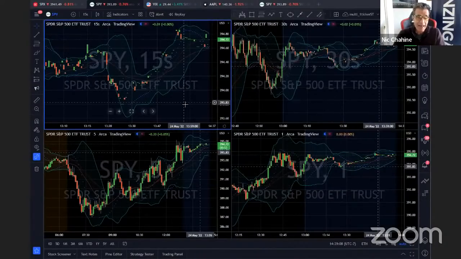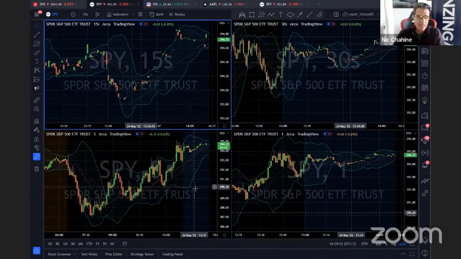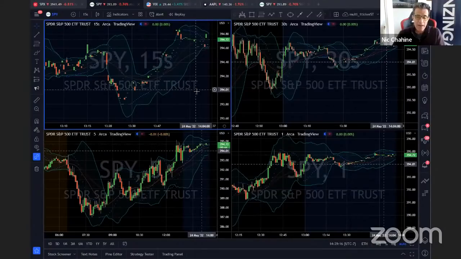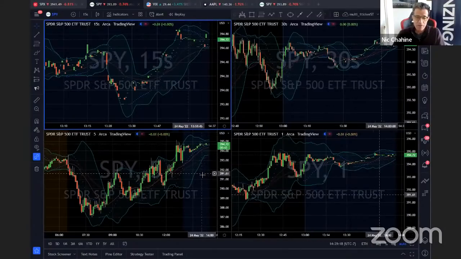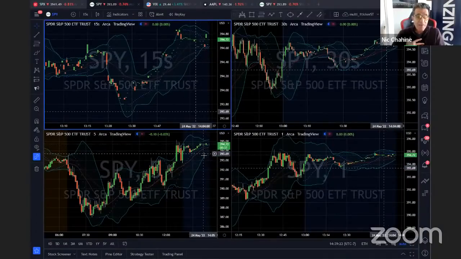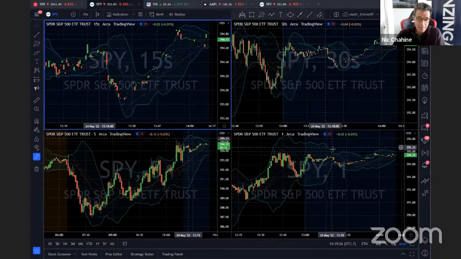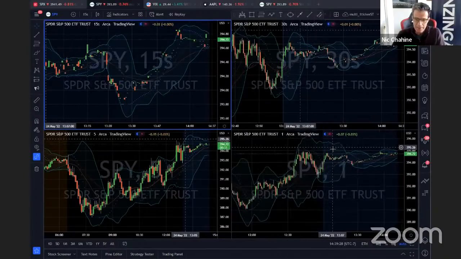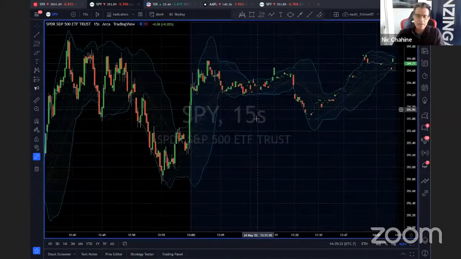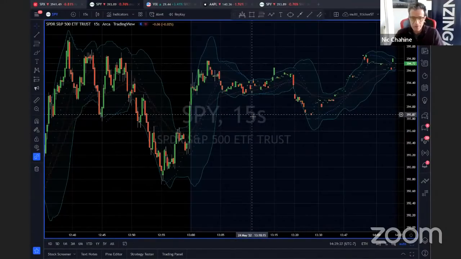Okay, this is my active trade screen, 15 seconds, 30 seconds, 1 minute, and 5 minutes. If I'm trading something fast and I want to see what happens, I'm watching this fast. And then here I have Bollinger Bands, which I never use, but Bollinger Bands should help you trade better. I'll tell you why. Because look here. This is after hours, so don't look at the data or discern how to trade tomorrow.